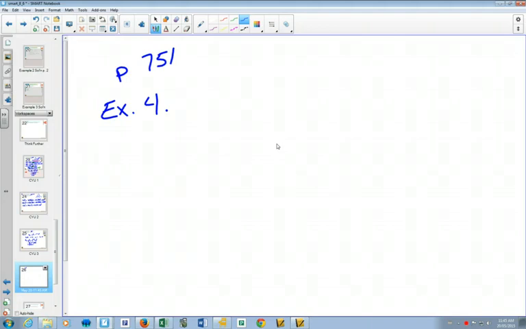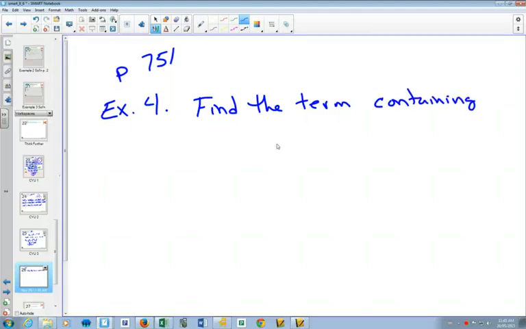Another type of question that sometimes comes up on the exam are questions that say, find the term containing, and then here we'll do x to the 9 in the expansion of